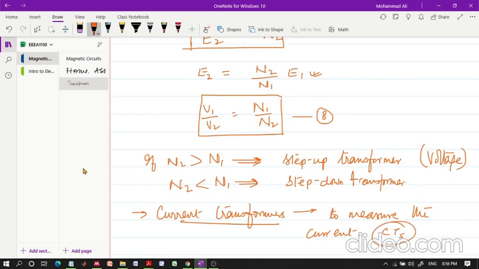If somebody is working on the power stations, or on the substations, then he must know these well. Okay. So the basic concept is this: there are certain precautionary measures that have to be taken in the case of CTs, current transformers. Voltage transformers are robust; they can be utilized easily.